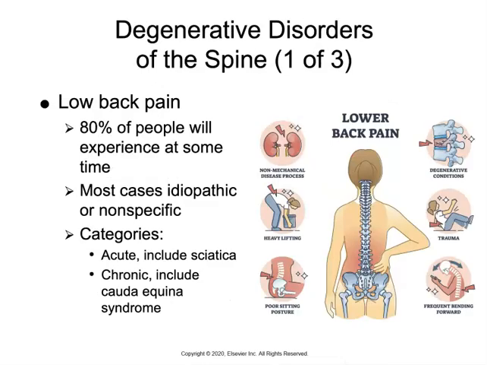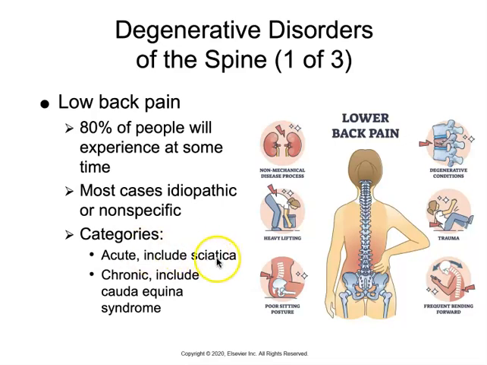Now let's move into degenerative disorders of the spine, starting with low back pain, which is a major health concern that's going to affect about 80% of people at some point in their lives. In most cases, the exact cause is unknown, which makes it idiopathic or nonspecific. And we categorize low back pain into two main types. Either acute low back pain, which is going to be sudden and typically lasts less than 6 weeks, and it